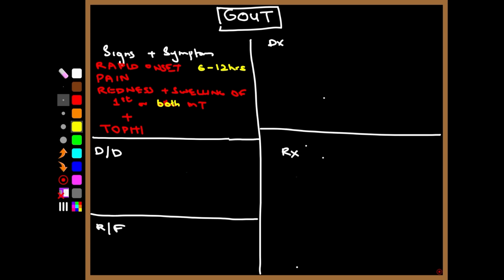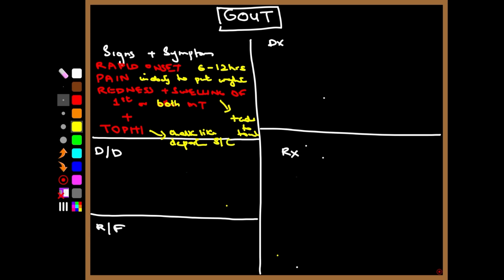Pain would mean inability to put weight, and redness and swelling would basically mean very, very tender to touch. And our tophi would look like chalk-like deposition,